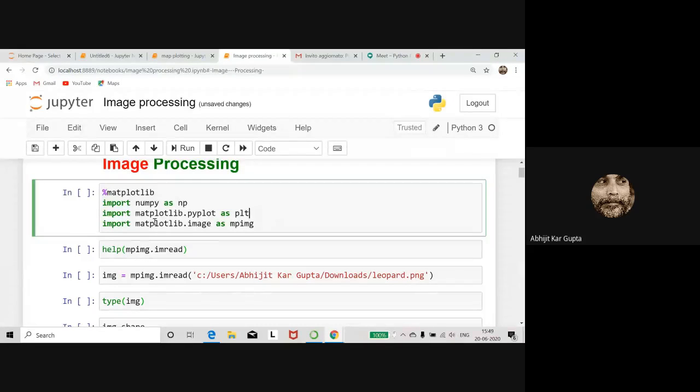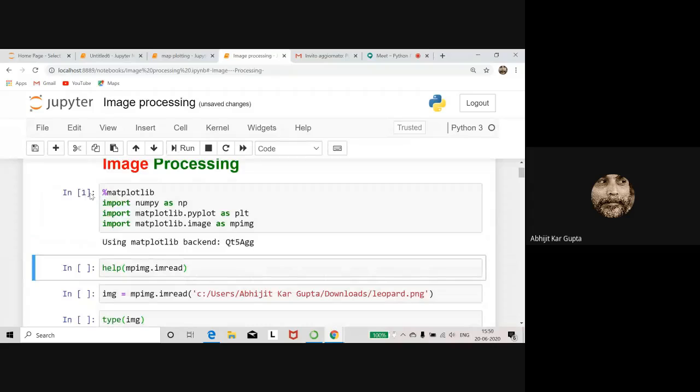You can read that. So first I write %matplotlib, which means it will create another window, and I have to import numpy as np. I have to import matplotlib.pyplot as plt, and fortunately I don't have to import any other package. But inside this matplotlib there is the image gallery, that means the image module, and from that you just import this, matplotlib.image as mpimg. Okay, so now you can just run this.